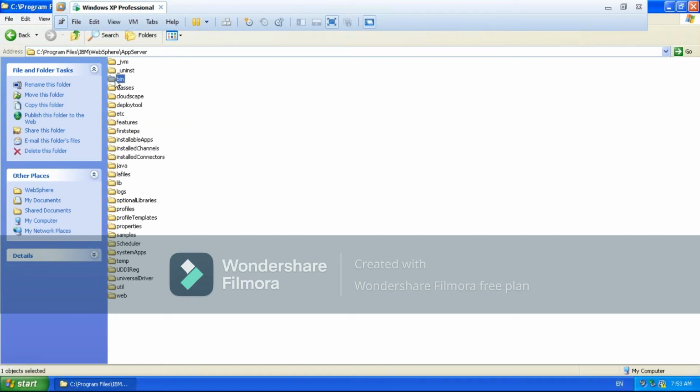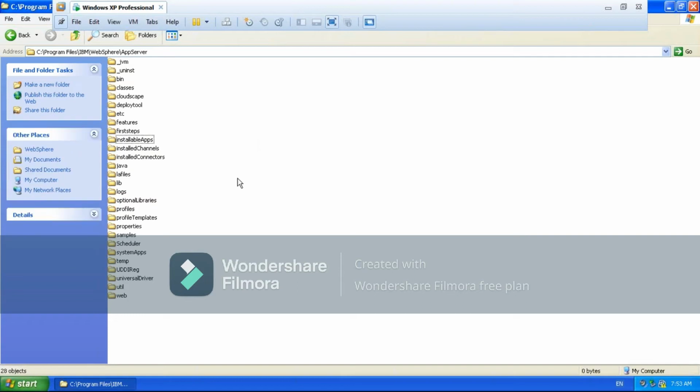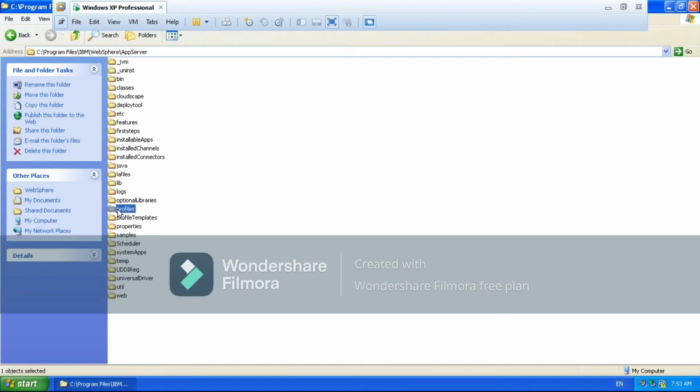The bin directory is going to contain the command line tools, and the same bin directory will be there in the profile home also. The log folder is going to have the installation success information, and in installable apps you will copy the installable applications. And in the profiles, this is the place where you will see the profiles which are created by using these product binaries.